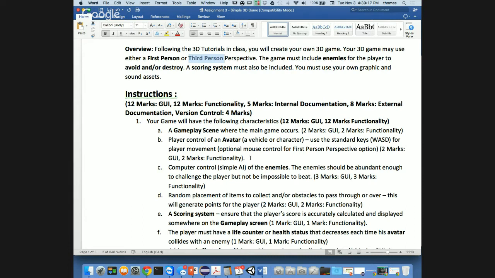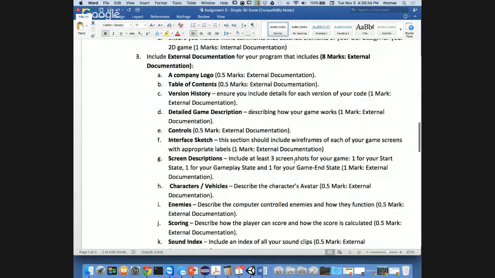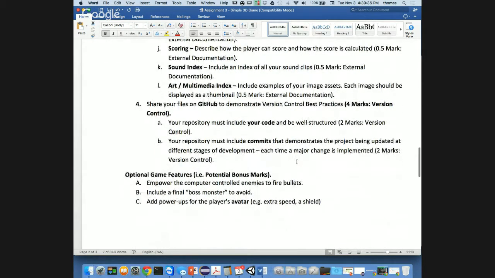Okay, so the same as we did with the last two games. So there's nothing like that you haven't seen before. From a structure perspective, I think it's fairly straightforward, right? I don't think there's anything new. In terms of gameplay screen, life counter, all that kind of stuff, internal documentation, external documentation, all that stuff is exactly the same. It's exactly the same points.